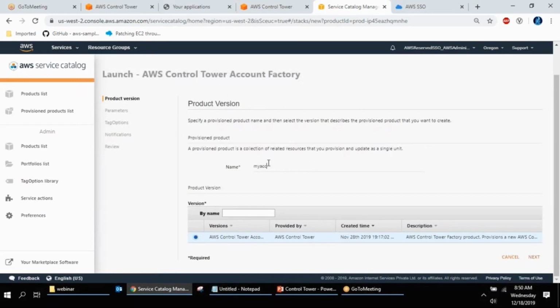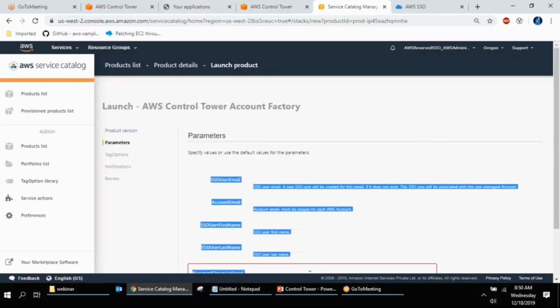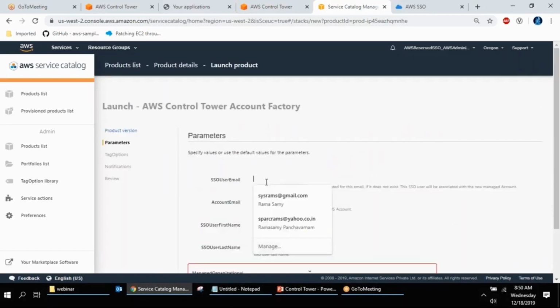Let's say my account 1. Next. So what is the user email? You need to give some email. Let me put user5 at gmail.com.